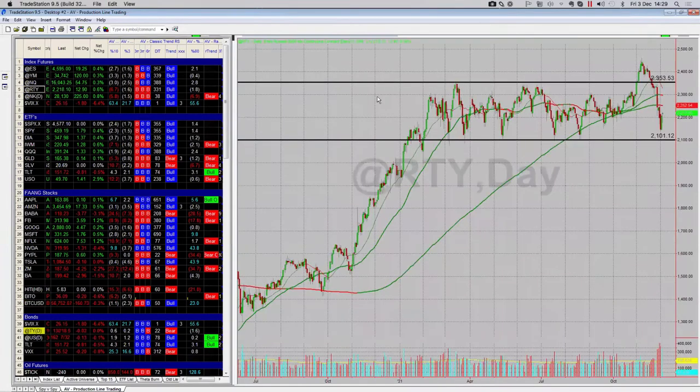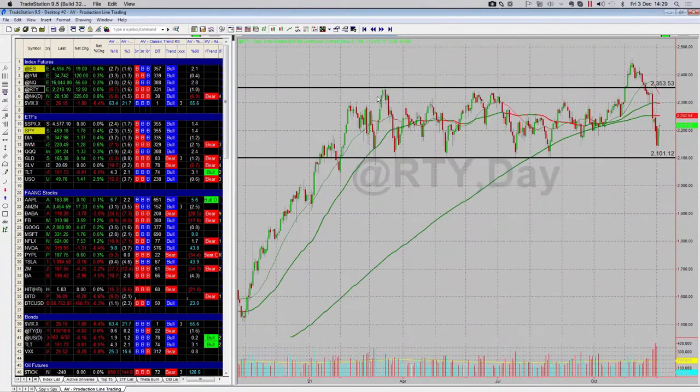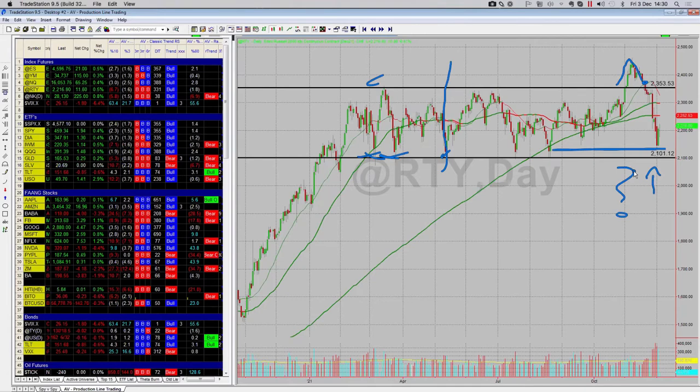The Russell is our favorite. Something new attempted. Multiple crosses in the average price. At this point here, we've got to call it a consolidation. 1, 2, 3. So where are we at? We're looking at the potential for a breakout, pullback. Needed to hold. It didn't. Where's it come back to? Back to the range lows. I've got to admit, my personal viewpoint, I didn't think that would happen. Doesn't matter what your opinion is when you've got a structure to evaluate things.